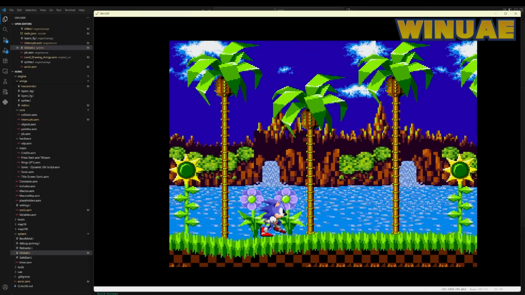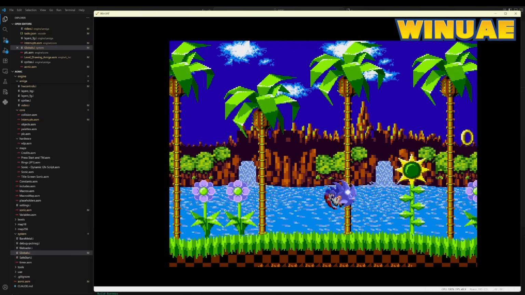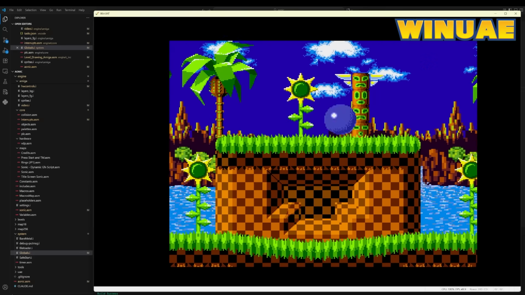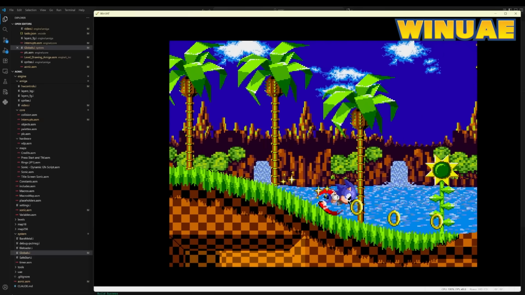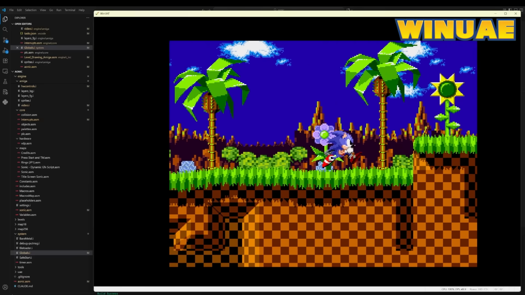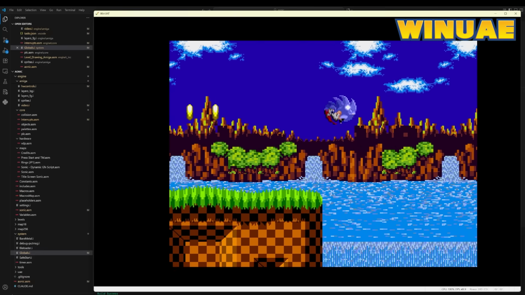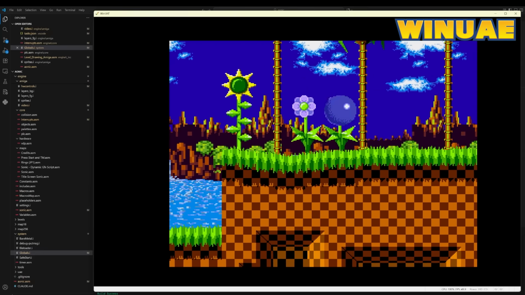The physics, the movement, and the collision are all spot on. You can even collect a ring or two. There's still a long way to go, but the core components of the game engine are really taking shape. One of the advantages of porting the original code in this manner is that the behaviour of the game feels indistinguishable from the original. It's not my interpretation, it will play identically, and thankfully the logic of Sonic's handling is